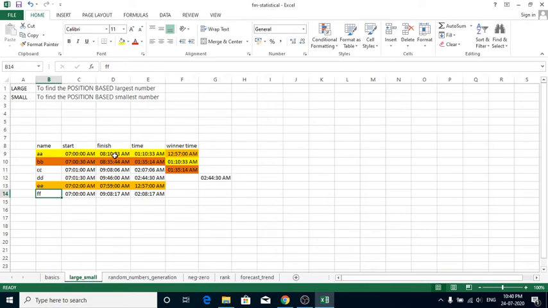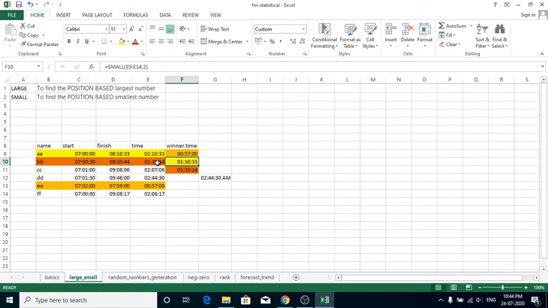So here we have to find the difference between the finishing time and the starting time. Only then can we find the winners, right? So we are calculating the fourth column as finishing time minus starting time. Here you can see that this particular person wins within 57 minutes, and this is the shortest time interval also. So he or she comes first. Then this 1:10:33 is the second position and this is the third position.